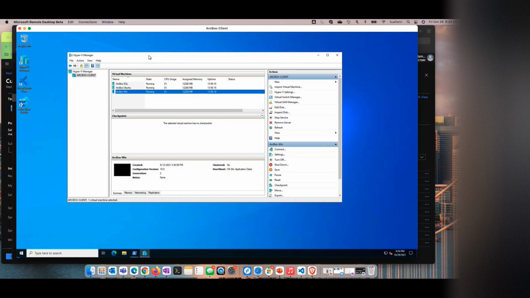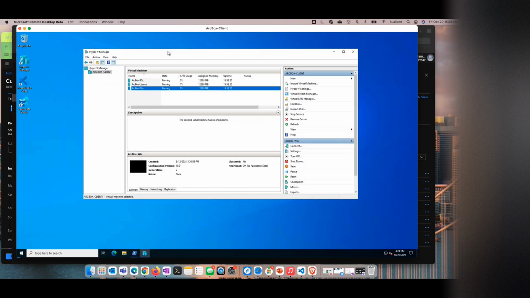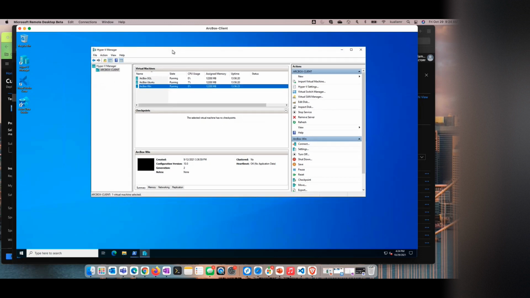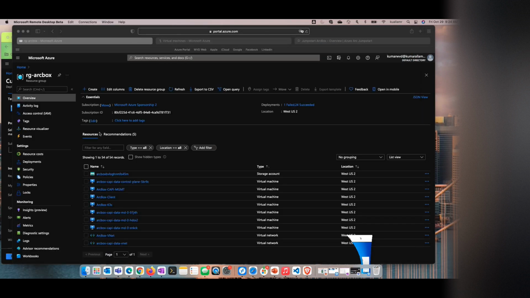Since the time we rolled it out, a lot of architects or developers or IT people have used it, and we continue to see a large adoption of it. And our engineering team has continued to add more features to this ArcBox. So as you see, right now we are simulating with a couple of VMs, couple of database servers, and then if you come back here,